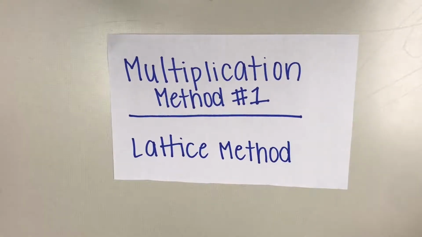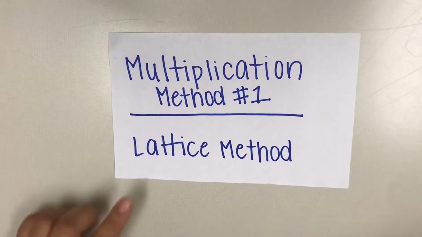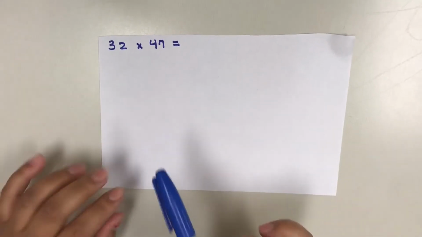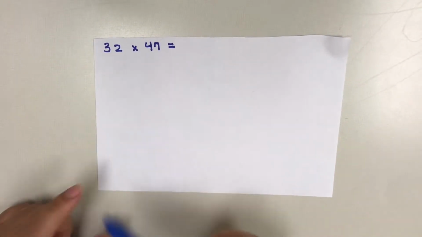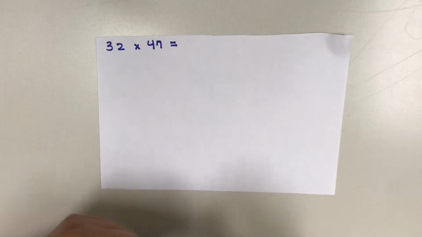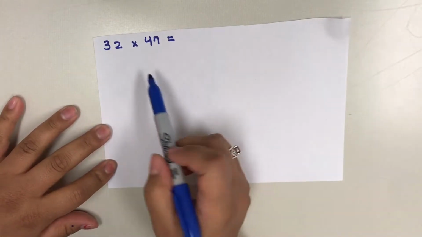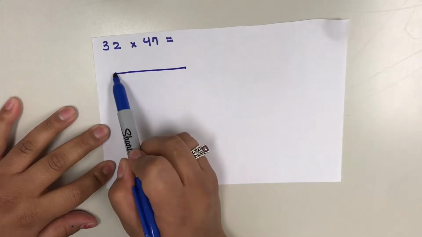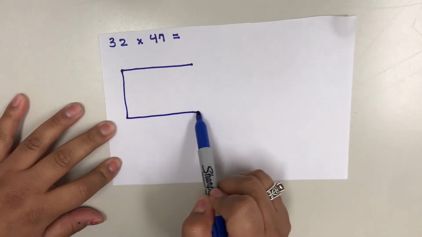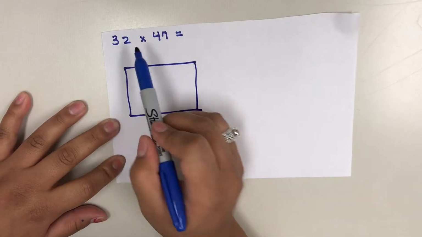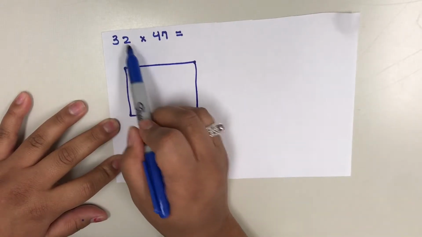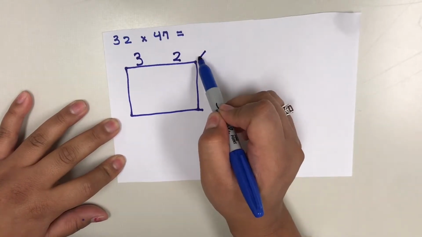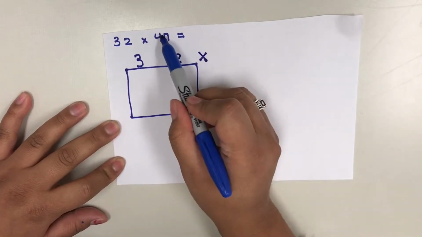Okay, boys and girls, the first method that we will be going over is the lattice method. So in this problem, we have 32 times 47. What we are going to do now is draw a type of a house window, where you have to draw a square. Just like that. You write your 32, since it's your first number. You do the times for your multiplication, then you write your second number,